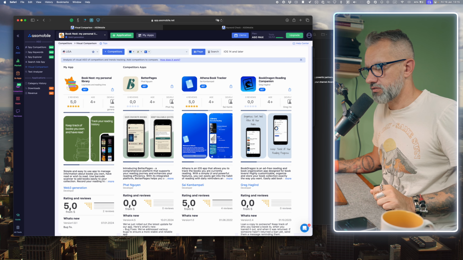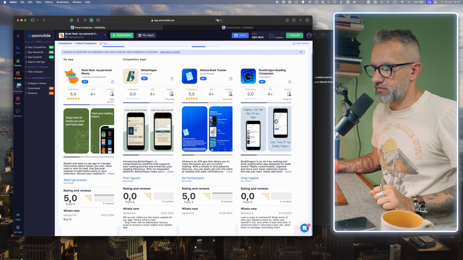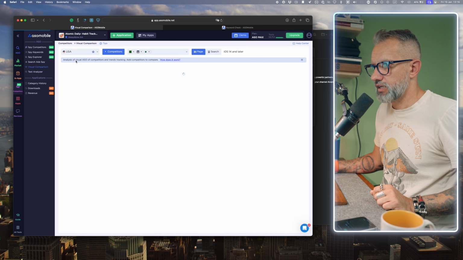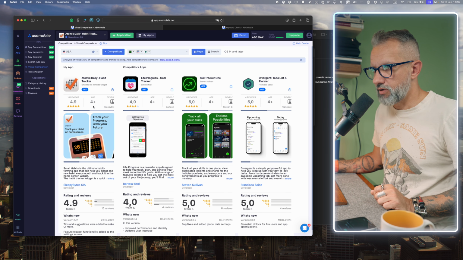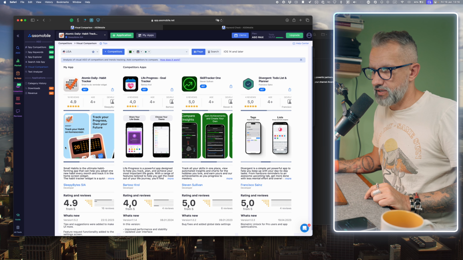You know, you can take a look at screenshots, get some ideas what you could improve compared with the competitors and so on. So let's compare my habit tracking application. So that's how my app looks. I don't like those screenshots anymore. I think this looks dated already. Unfortunately, App Store optimization is not set and forget. That is an endless game. You basically have to follow your own app keywords and your competitors' as